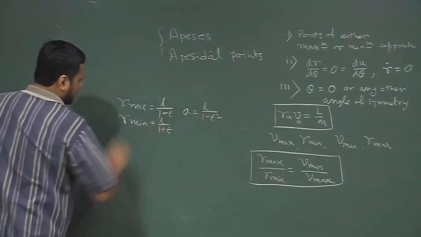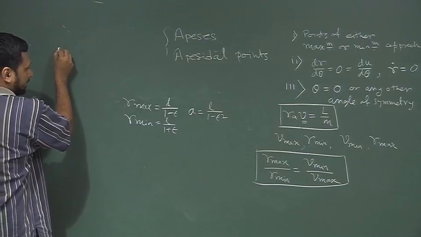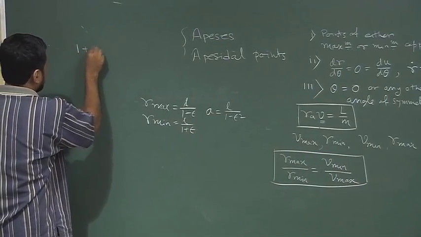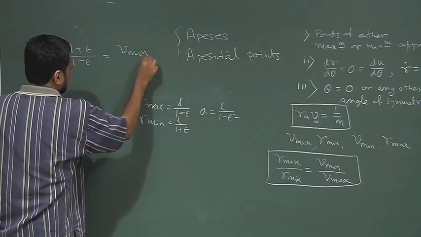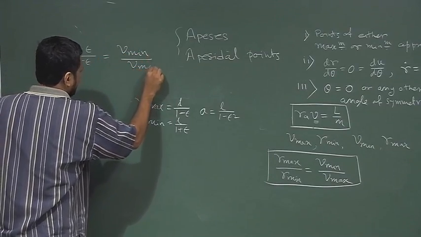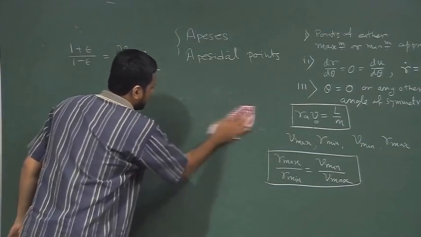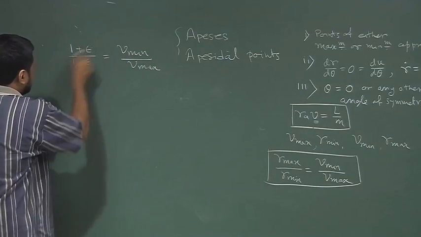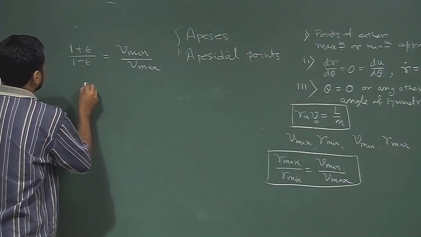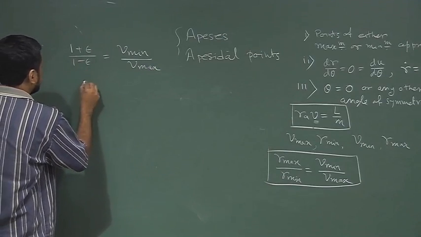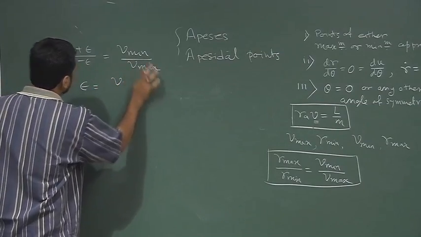If we put this into this equation, we get (1 plus epsilon) by (1 minus epsilon) equal to v_max by v_min. Now, if you start adding and subtracting the numerator and denominator, or basically you have to first do the subtraction, we immediately see that epsilon equal to